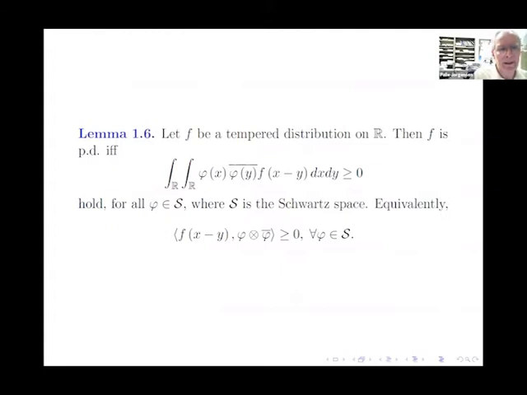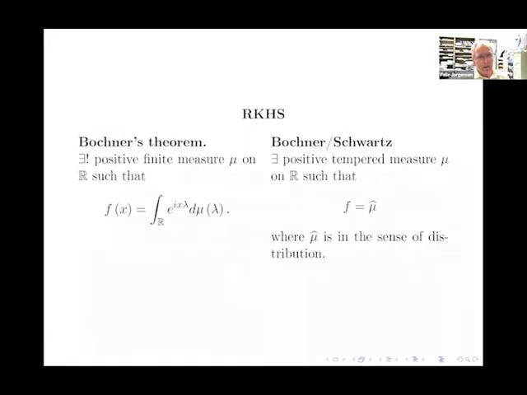And so that means that you start with a tempered positive definite distribution, and then you create a distribution in two variables by looking at x minus y, and then you let that distribution act on phi tensor phi bar, or on phi tensor psi bar, if psi is the second test function, and then you get a positive definite semi-inner product, and you complete, and that's the Hilbert space that we want to study. And we want to study when that Hilbert space is isometrically isomorphic to an L2 space.